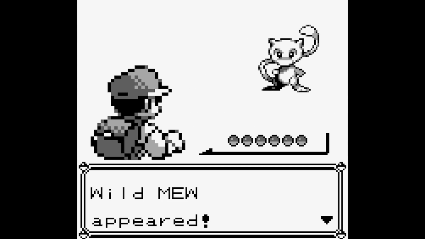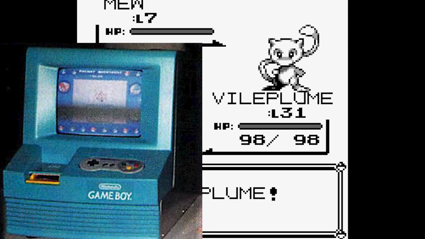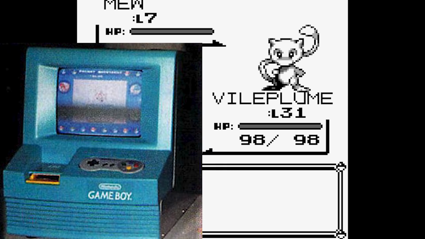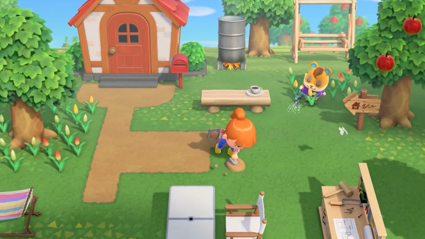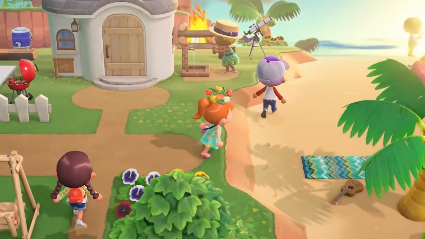What's crazy about this Pokemon's appearance is that it's not technically a glitched Pokemon, and Nintendo would actually give it out at different events by putting your cartridge in a Game Shark-like device. Weird. The next franchise I want to talk about in this video is Animal Crossing, where there's one secret exploit